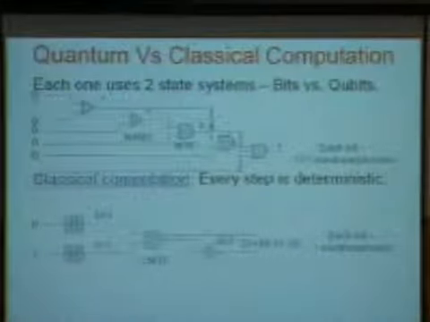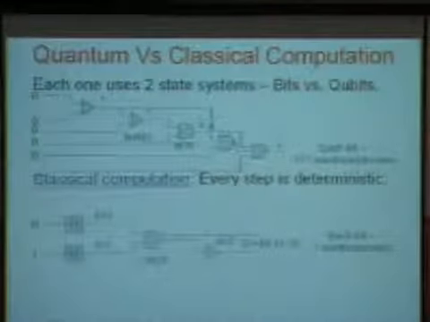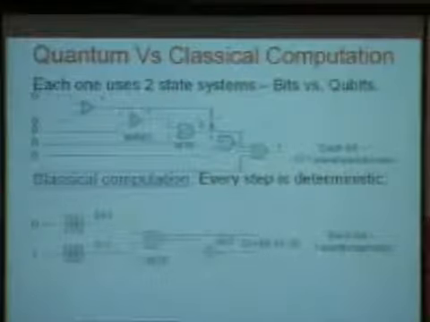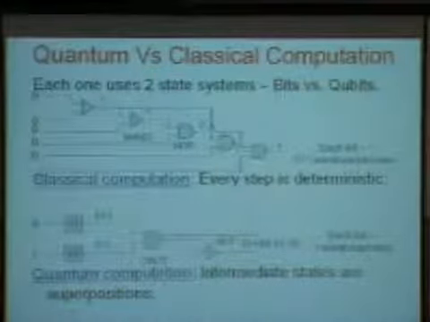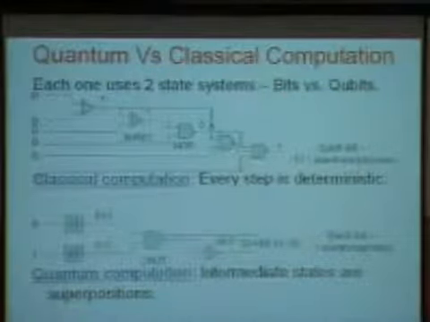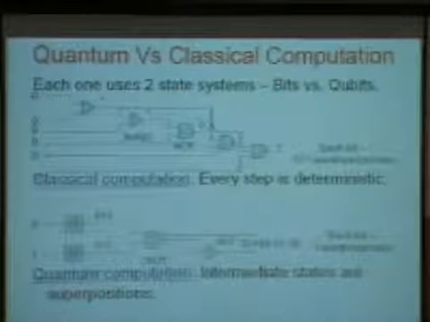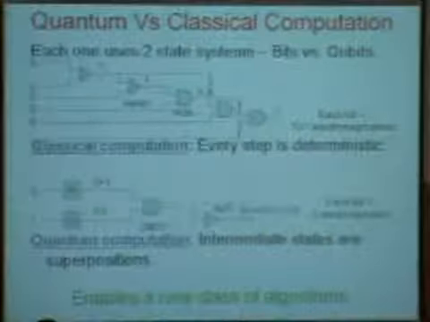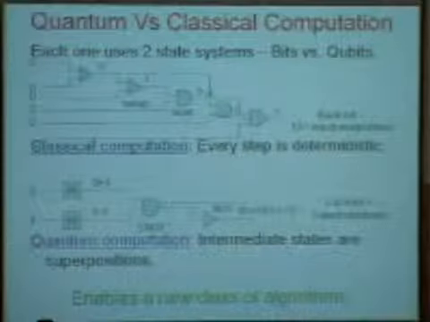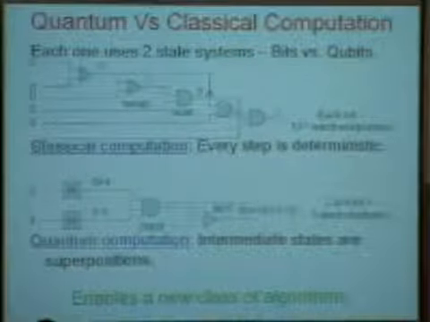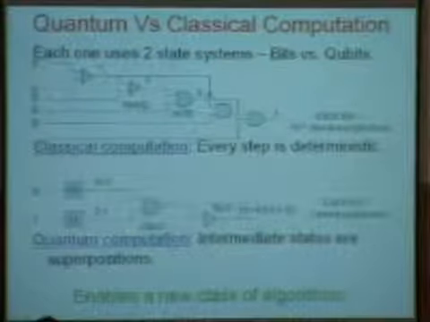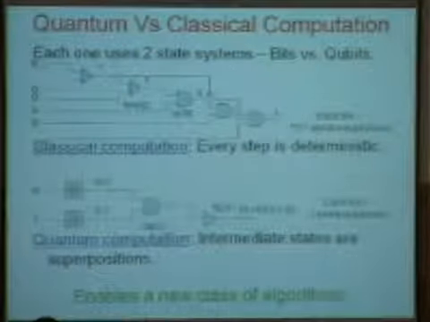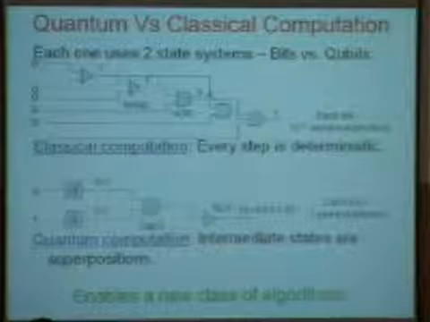In classical computation, every step is deterministic. I already told you, over here, every step is non-deterministic. But the real power of quantum computation is not that it enables you to function when the circuits get smaller and smaller. That it of course does. But the real power of quantum computation, which Feynman never realized, was that you can do things which are not possible classically. Because things are in a combination of states at the same time, you can take advantage of that to do certain things much faster than would otherwise be possible. And this is what today's talk is about.